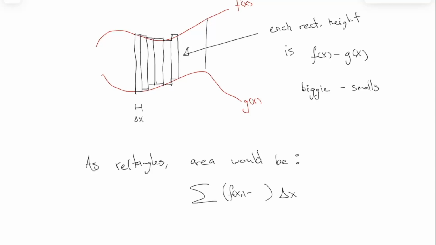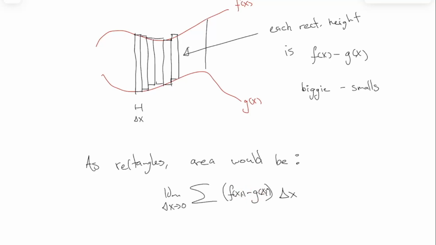I wrote f of x sub i minus g of x sub i. If you ever went through the actual details of setting up the Riemann sum, this is what it looks like. You multiply a bunch of different heights each time times the delta x, and then you do some kind of limit as delta x goes to 0. If you actually want to do the details of this, it's quite complicated. But since you already know how these things go, this Riemann sum is just equal to the integral of that